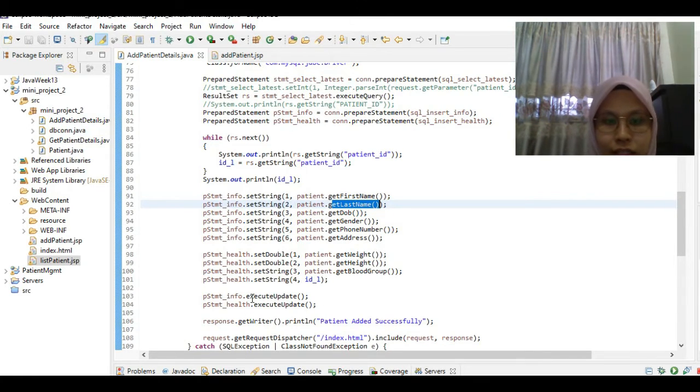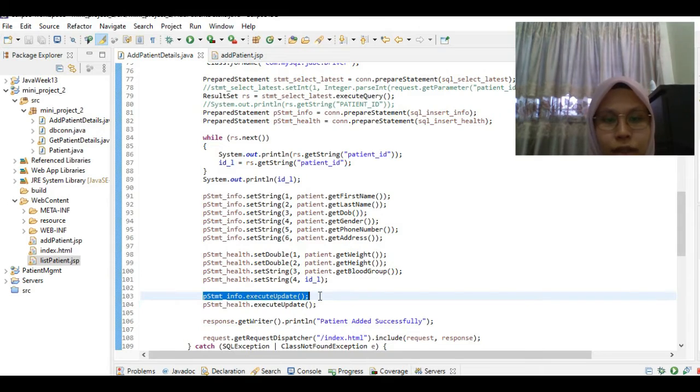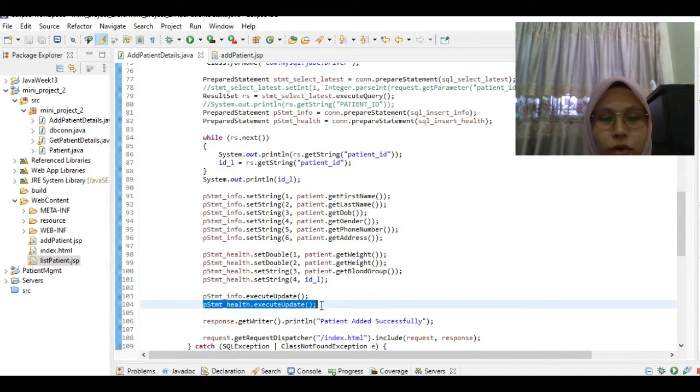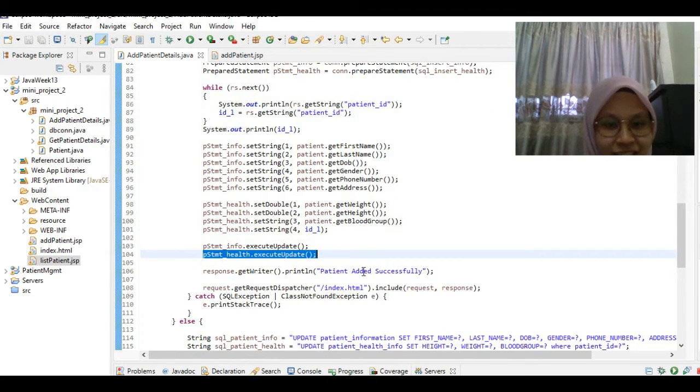And lastly, we will execute update on the prepared statement for patient information and the prepared statement for patient health information. And if it is successful,